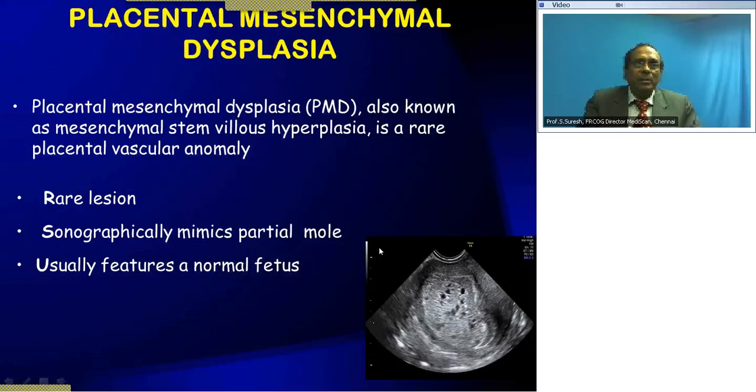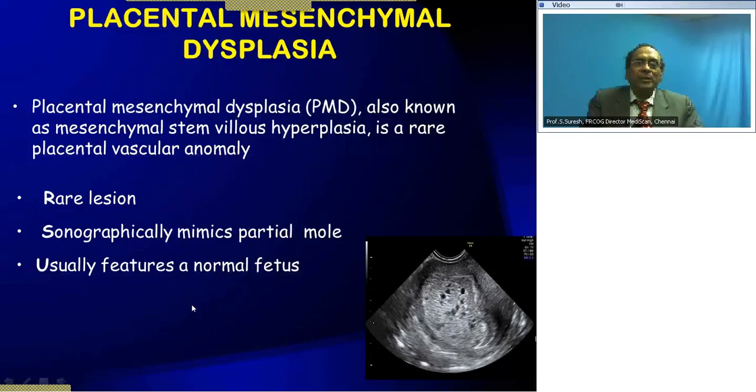If there's a partial mole, then you will find that the baby may have some structural abnormalities or IUD, or it's a total vesicular mole which is separate from the placenta. You have a coexistent mole and fetus, then that could be two separate entities altogether. So if you have a placenta showing multiple cystic spaces here and the baby is normal, growing normally, think of